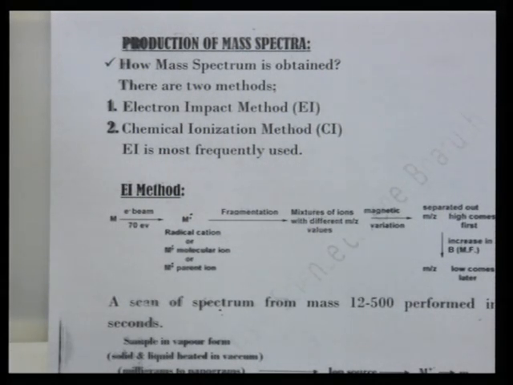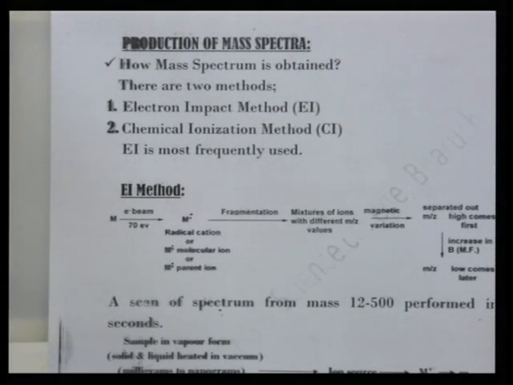minus 3 atmosphere. Then a heavy beam of electrons impacts in the ion source region, with an electron beam of up to 70 electron volts. 1 electron volt equals 23 kilocalories per mole. The neutral organic molecule in vapor form is bombarded with the heavy beam of electrons. On impact of the electron beam, the molecule is sufficiently energized and produces a molecular ion, and then it will undergo fragmentation,